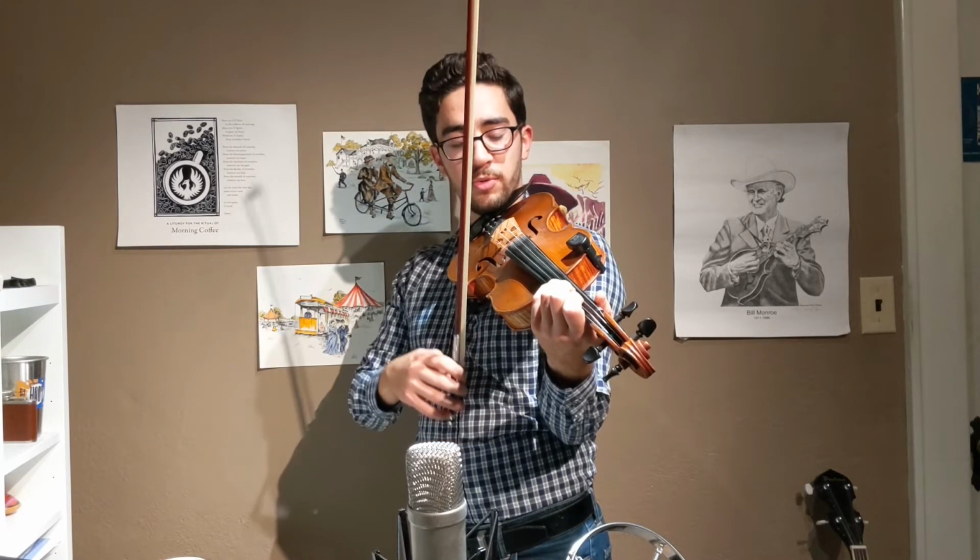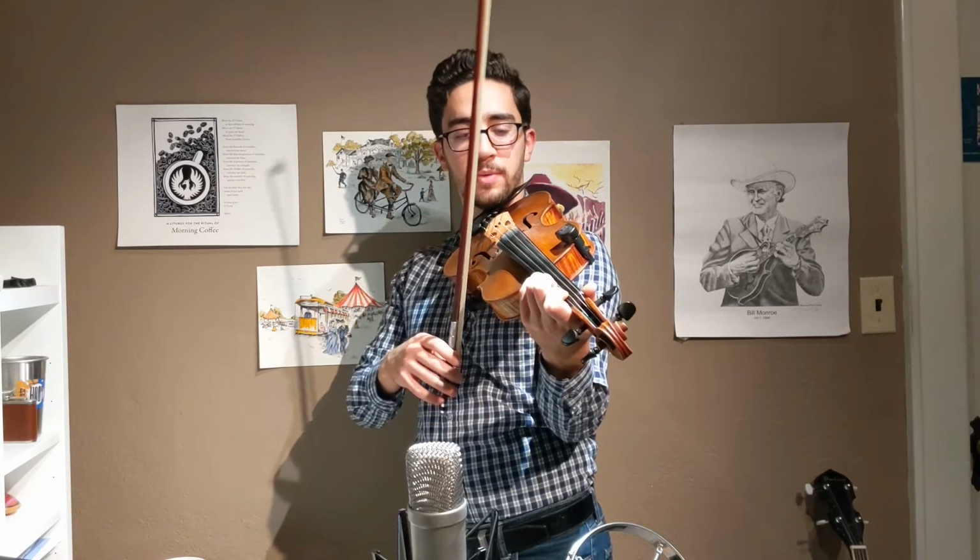And now here we kind of have to go to half position to finish it. To the D sharp. You can end with either a 2, stretch your 2 up to that B, or use 3 if you're in half position. Oftentimes people end on 2 so that they can kind of do a tag lick. Some cliche bluegrass lick there. Alright, and then finally B flat, which is mostly the same there, except you can't use